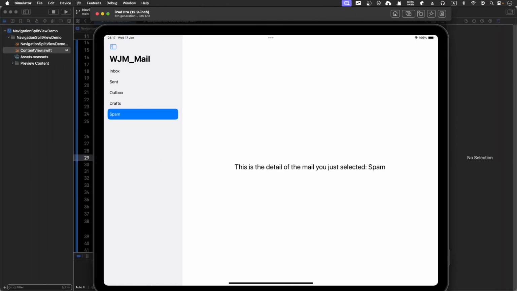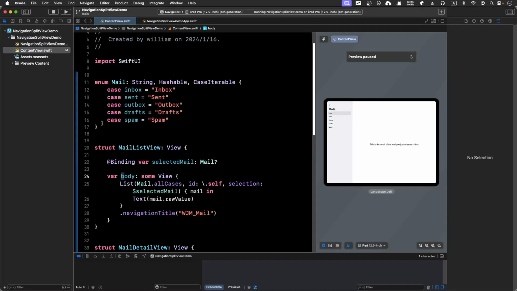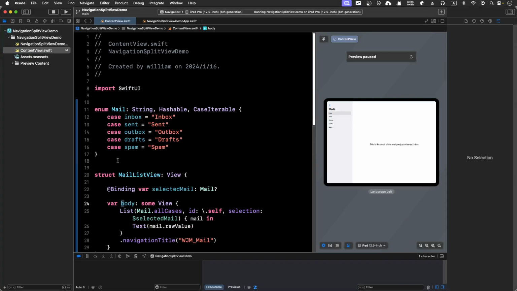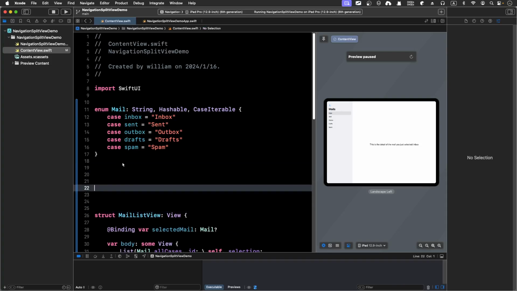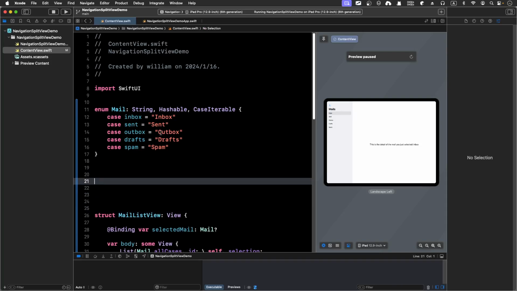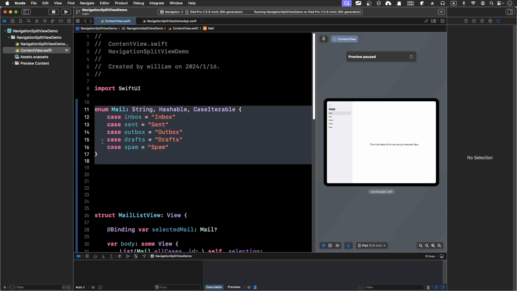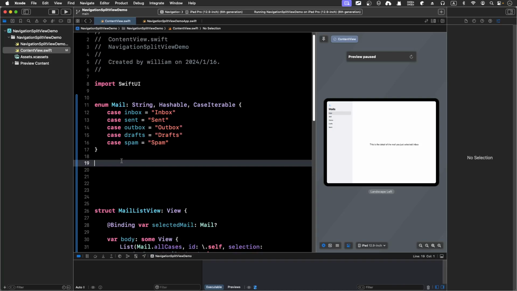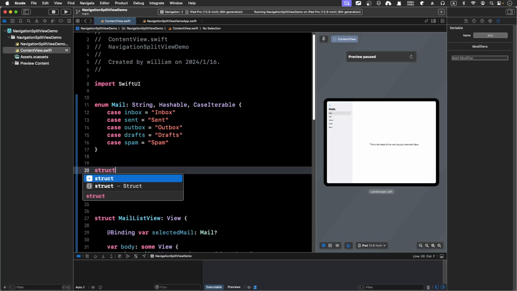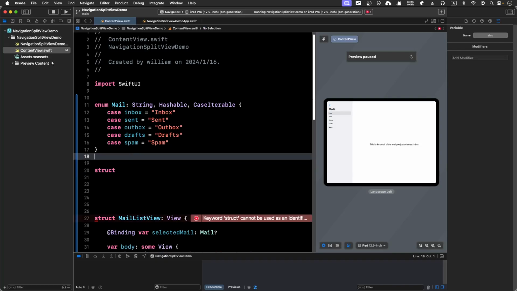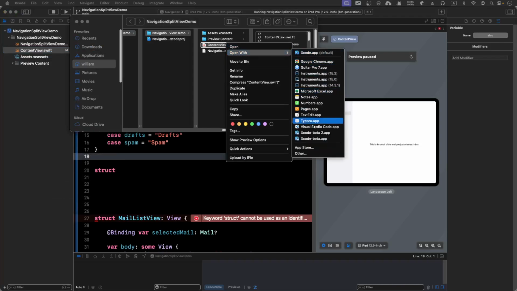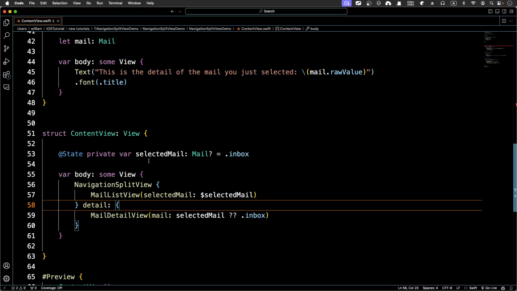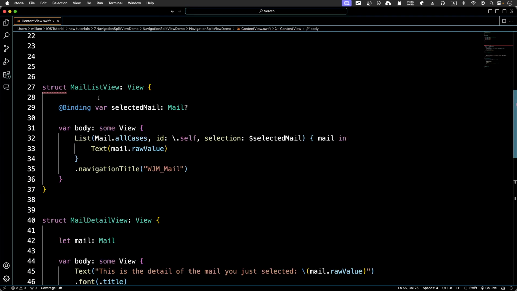So let's get to it. The first thing we're going to do is create another struct for the data. This will be more like a classification kind of thing. So let's add another struct, and I might as well use Visual Studio Code for quicker completion. Okay, so struct here,